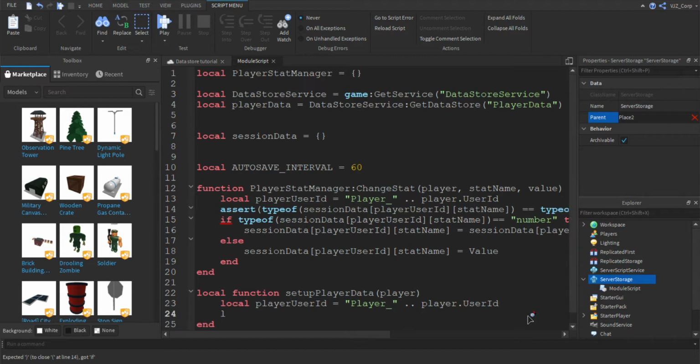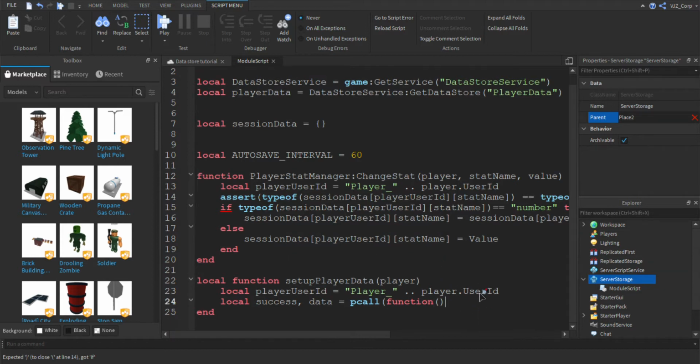Now next we're gonna set up a success chart, aka a true false table. So if it's success, we'll pcall the function. Again, there will be a tutorial explaining how to use pcalls, so do not worry. But not in today's tutorial, obviously. We're gonna make the pcall function return the output to us. That's easy. We'll just use playerData GetAsync. That just syncs the data to the player user ID,